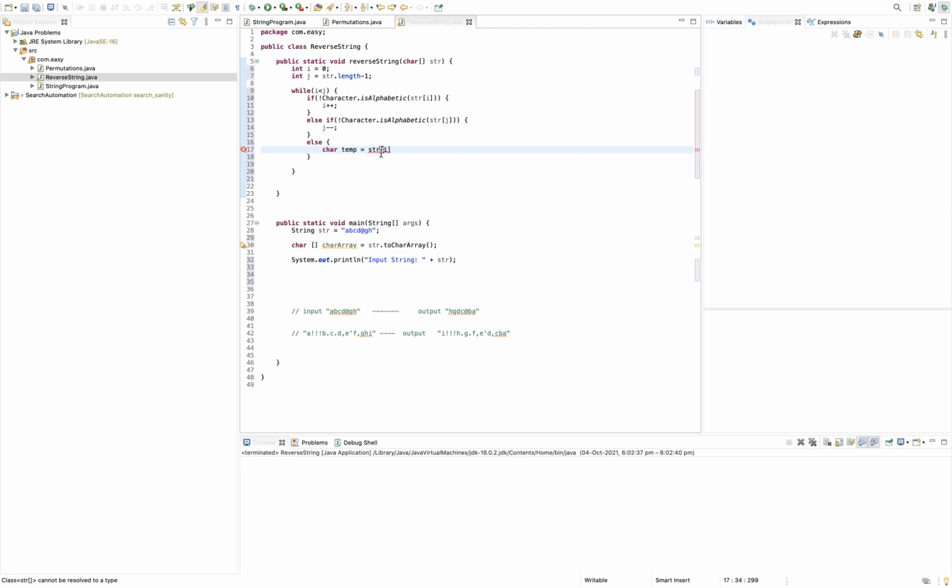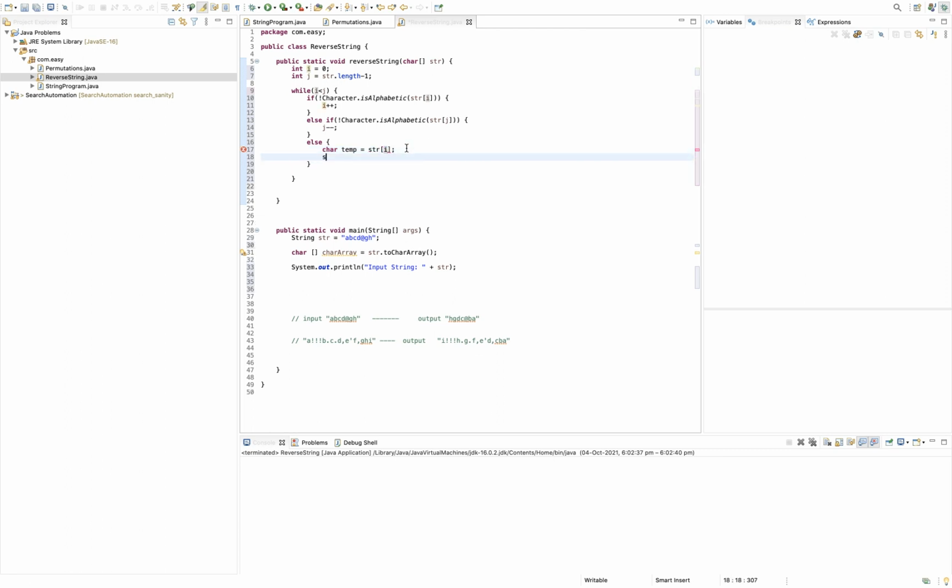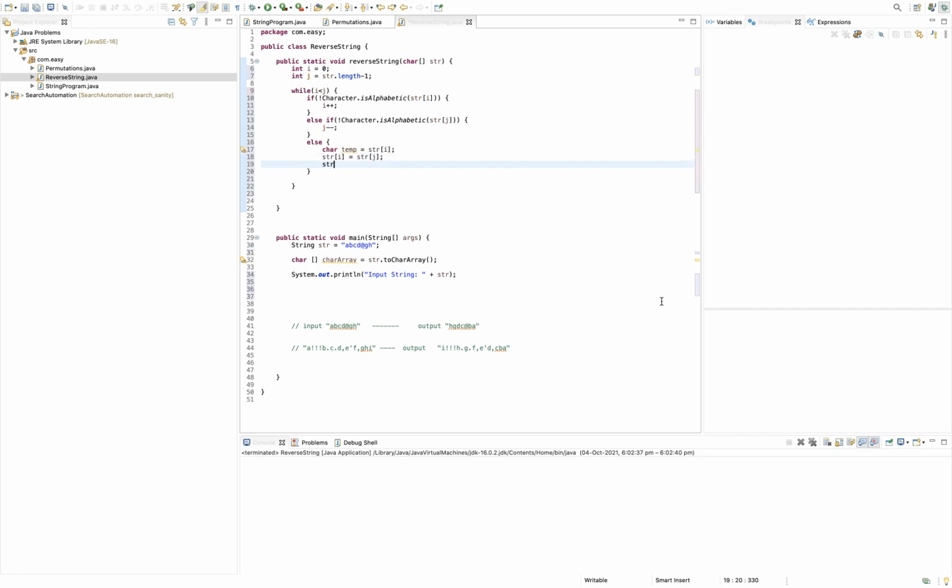We are storing the ith index into the temp. Then we will be doing str[i] is equal to str[j]. So it will store the jth index value at i. Now we need to insert into the jth index the temp, which has already stored the value of i.